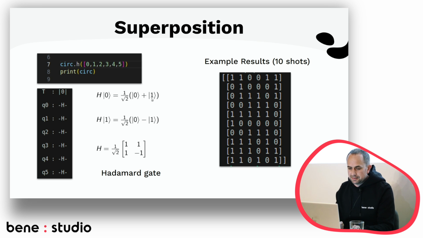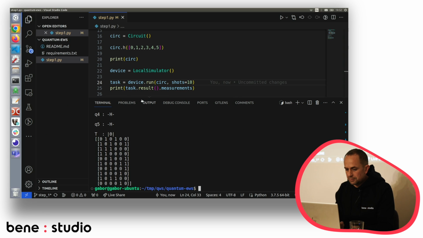So this should be either 1 or 0, and it should be fully random. We see it seems to be random. Now I need to tell you that if it's running on a real quantum computer, it's a real random number,